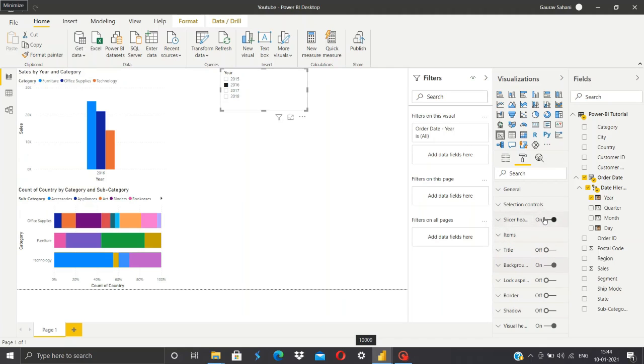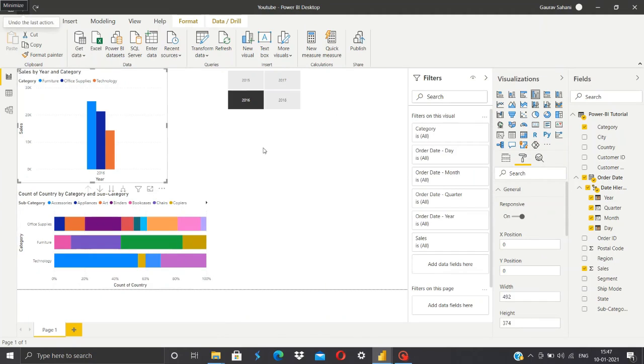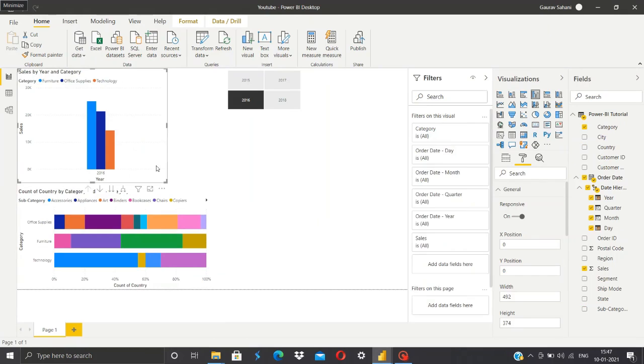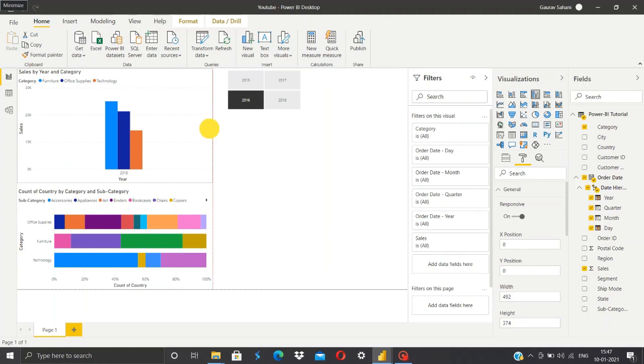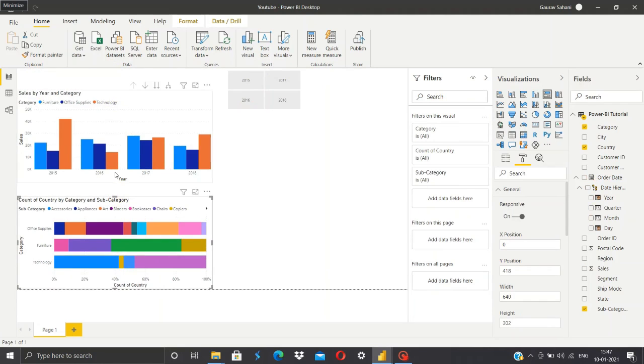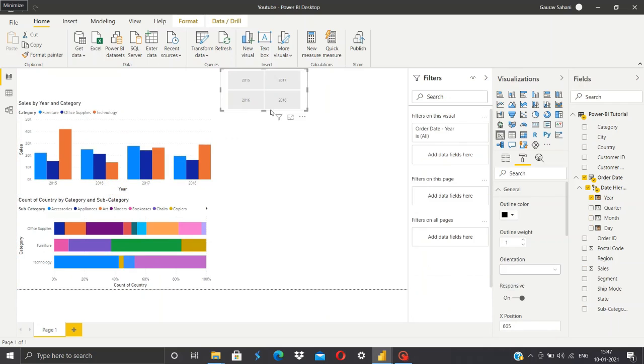Over here we'll remove the slicer head, and for changing the orientation we'll just click horizontal. After we are done with changing the orientation from vertical to horizontal, we'll manually rearrange our visualizations so that we can accommodate our other visualizations as well. We can do this manually by changing the height and width. I'll just shift the first visualization to the bottom so that I can add this date